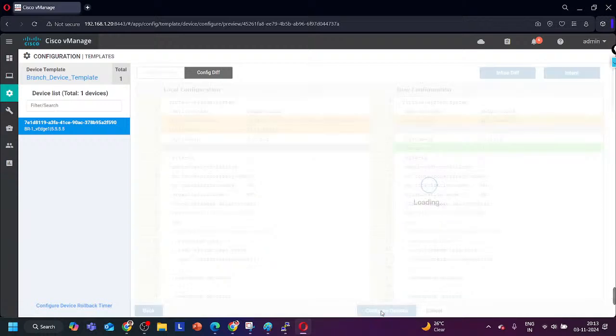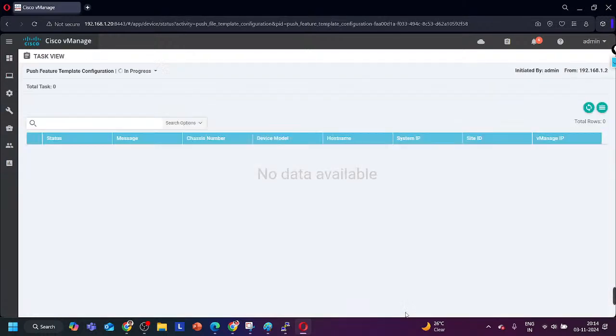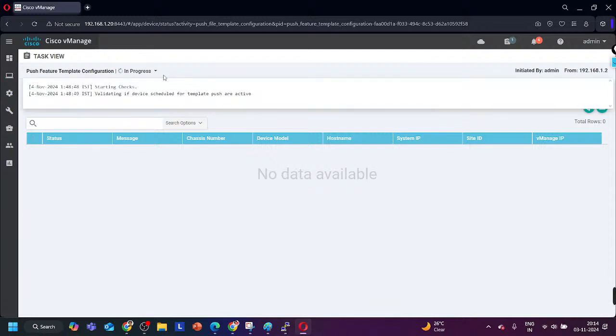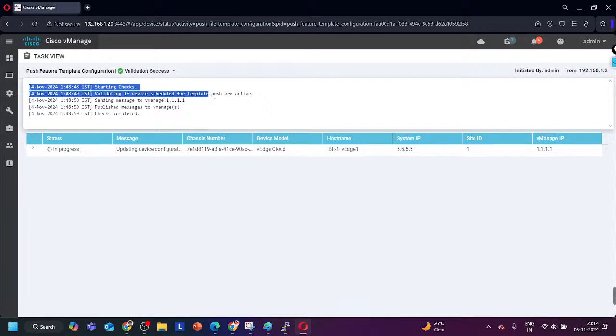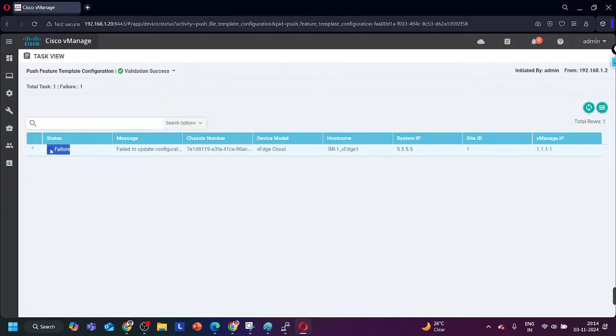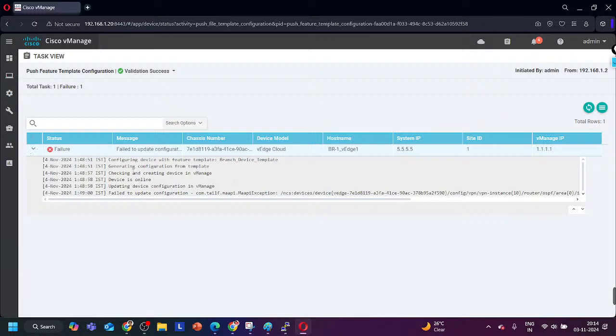Let me try to attach it, configure the devices. Let me check everything is working fine or not. Now you can see it is under process. I started checks and validating if the device schedule for the template push are active. Okay, now sending message to vManage 1.1.1, pushing message to vManage and check completes, but there is some error. You can see failure, right? Why failure? Check